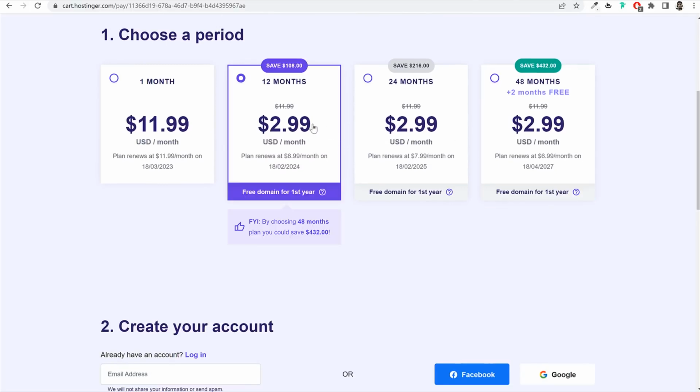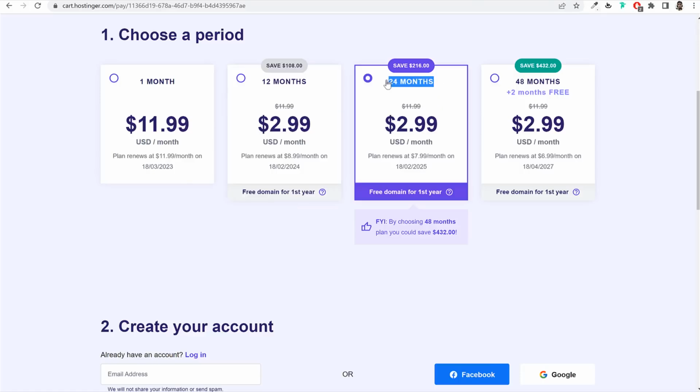Now here if you see, if you purchase for 1 year, for 12 months, you will get this amazing discount for 1 year. Then after 1 year you will have to pay the regular price. But if you go with 24 months or 2 years, you will get this amazing discount on both the years. Okay, so you'll get this discount for 2 years, and for the third year you'll have to pay the regular